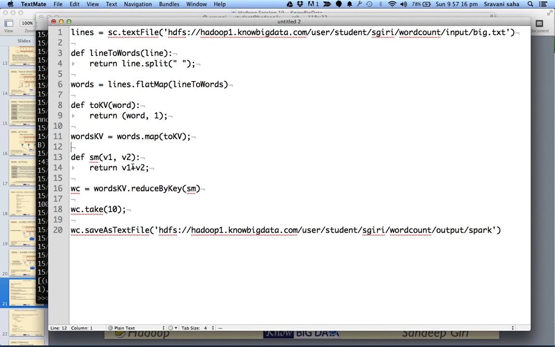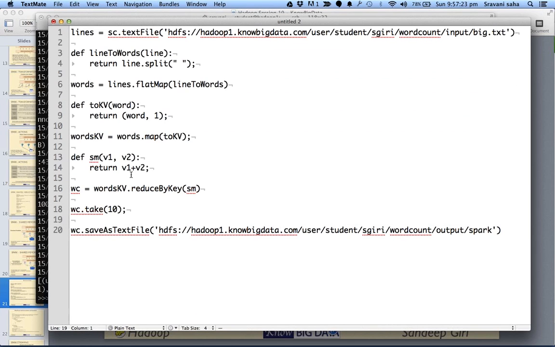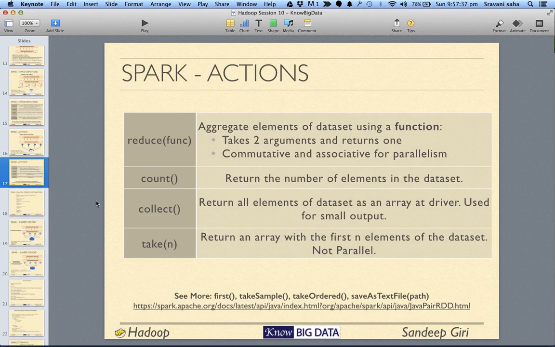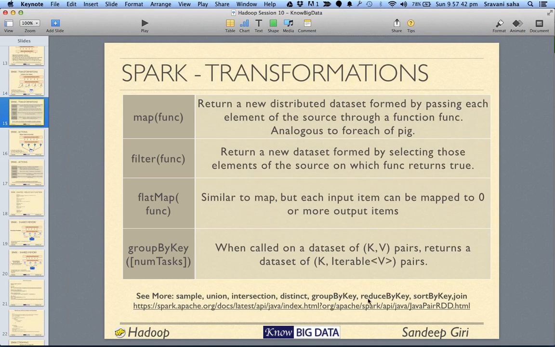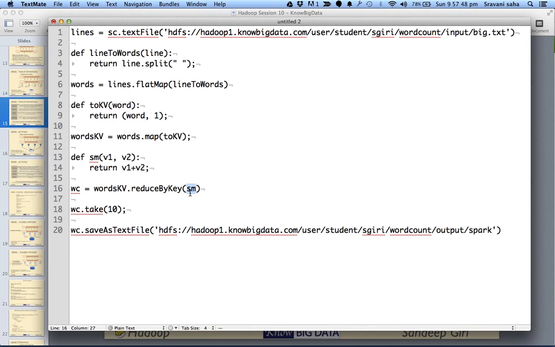Or we could simply say words kv dot reduce by key. That's all. Reduce by key is another transformation, which is something you'll find strange because reduce by key is also a transformation, and it will basically execute your function on all the values in each of the keys.